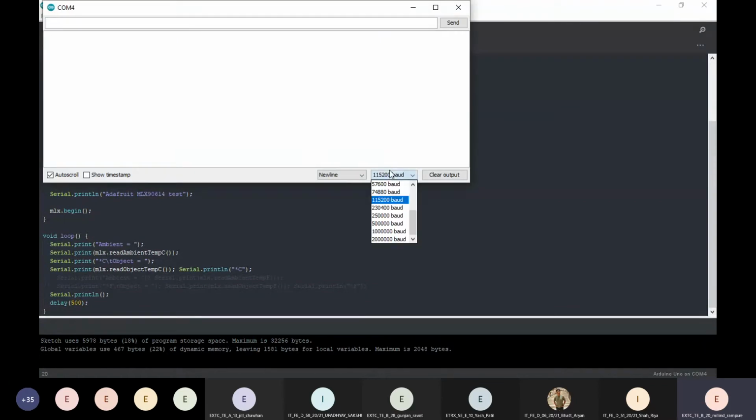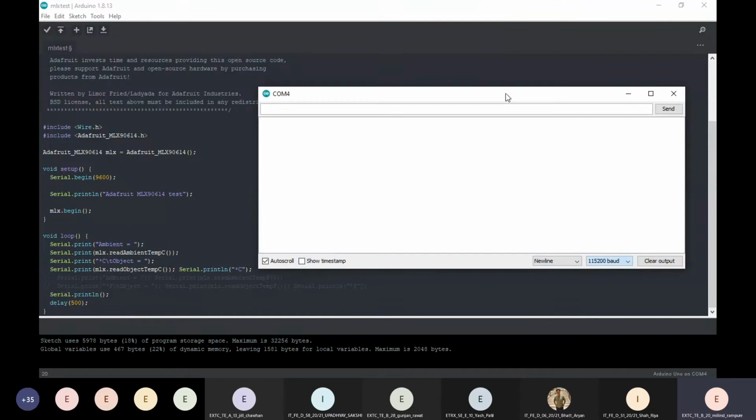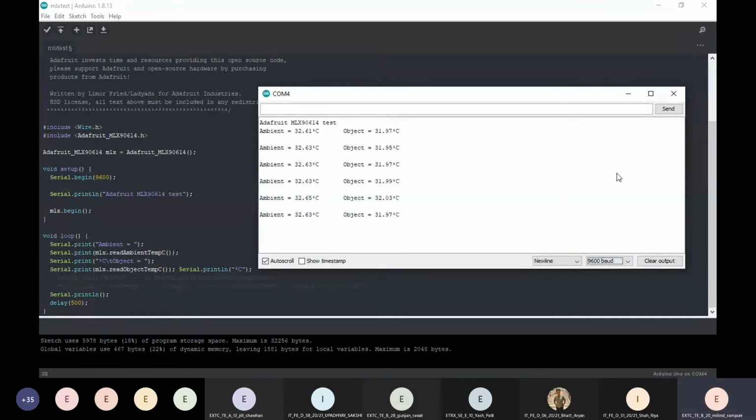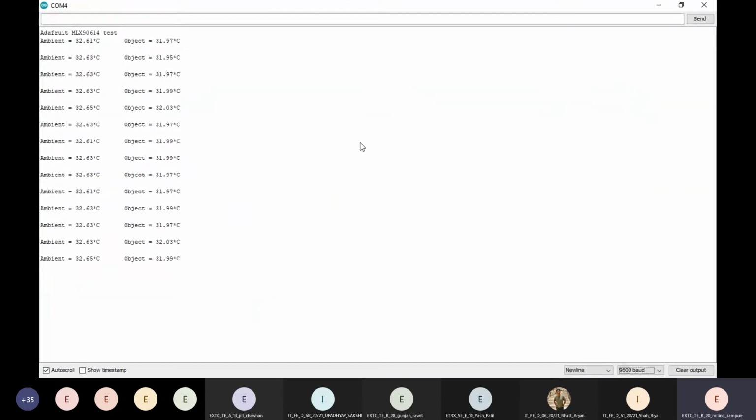As we have set the serial monitor to communicate at 9600 baud rate, you have to select the 9600 baud rate right here. I click that, and it's printing the sensor readings already.